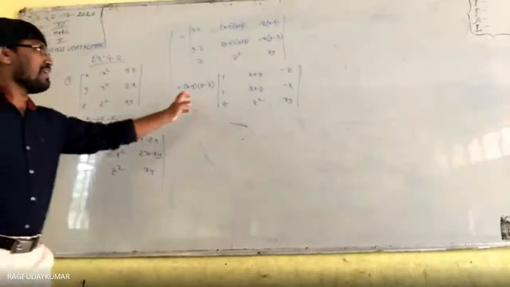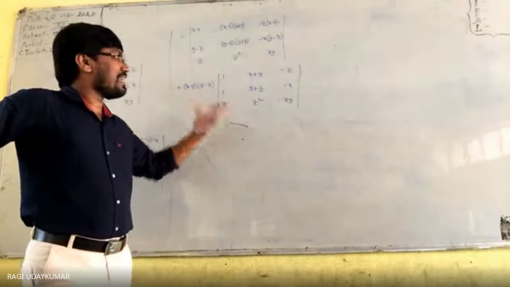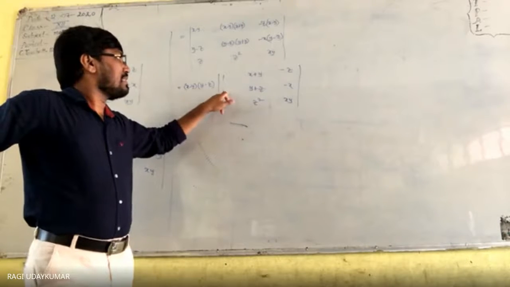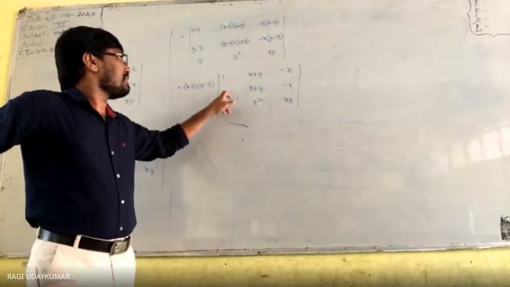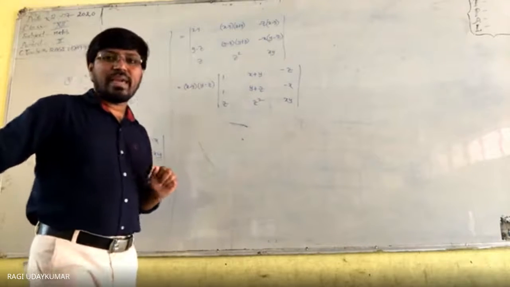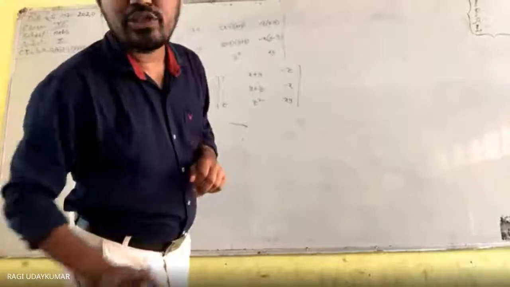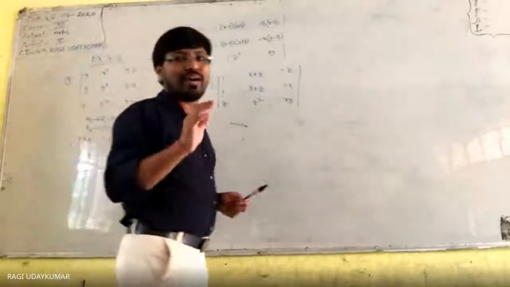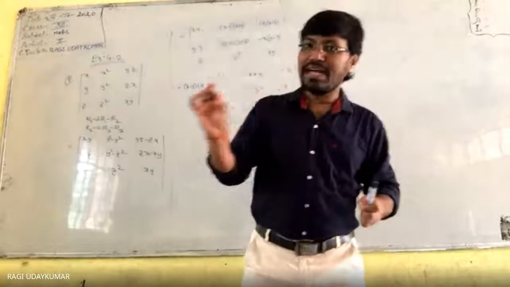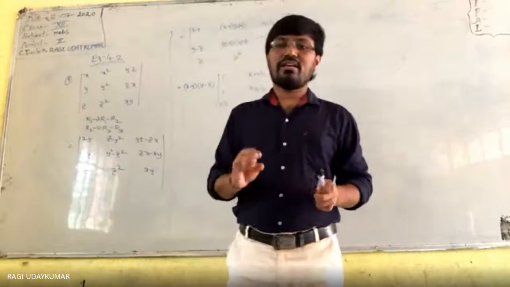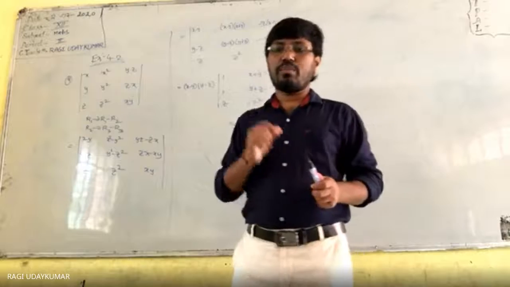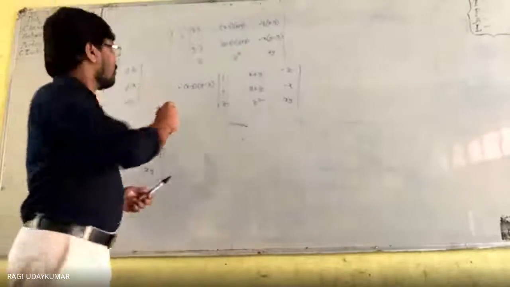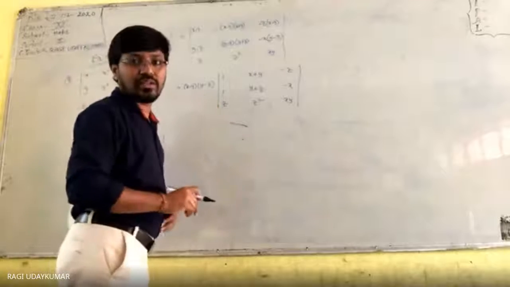Still more simple: x minus y, y minus z, z minus x we need to get. Z minus x means this minus this. Make this 0. See here, our intention is to make one column or one row simplified by using the properties. Using properties, you need to make it in a simplified manner.